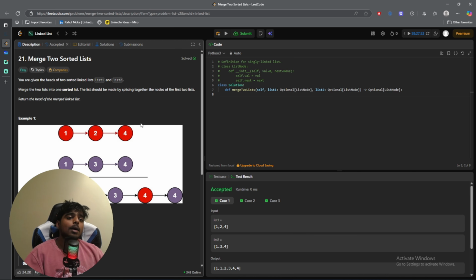We're going to be solving merge two sorted lists. Let's read the problem here. You are given the heads of two sorted linked lists, list 1 and list 2. Merge the two lists into one sorted list. The list should be made by splicing together the nodes of the first two lists, and return the head of